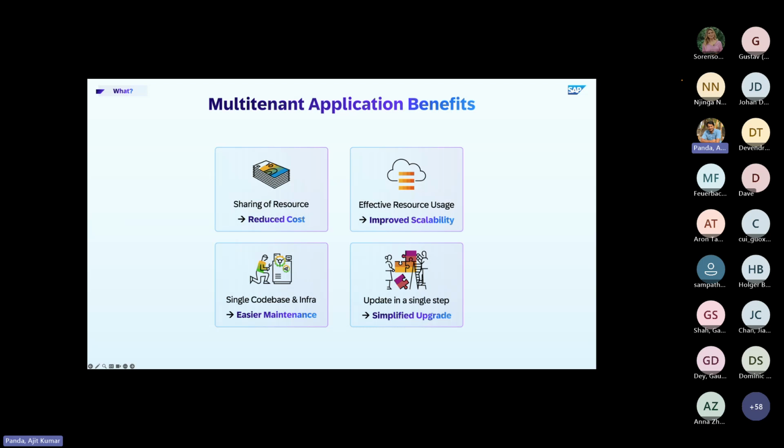Now let's look at some of the benefits of a multi-tenant application. One is basically the reduced cost, because we are sharing resources, right? The cost is reduced. Now, let me give you a real-life example so that you can understand a little bit. Take the example of a shopping mall, right? The shopping mall is a single physical infrastructure, and it provides different shops